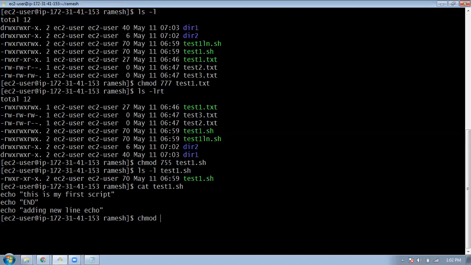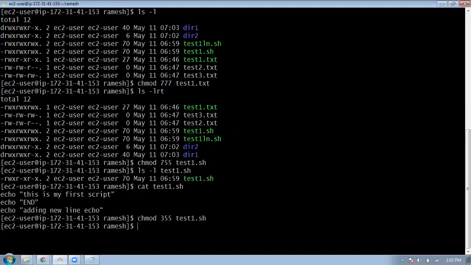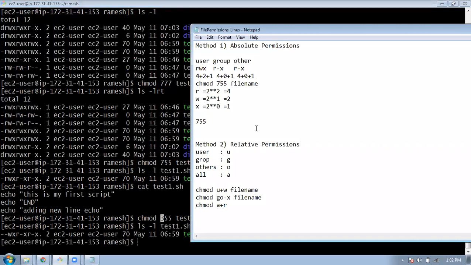So instead of 7, I'll give only 3, 5, 5. Now we'll see what will happen after this. I don't have the read permission now. 3 means here it is 1 plus 2, write and execute.